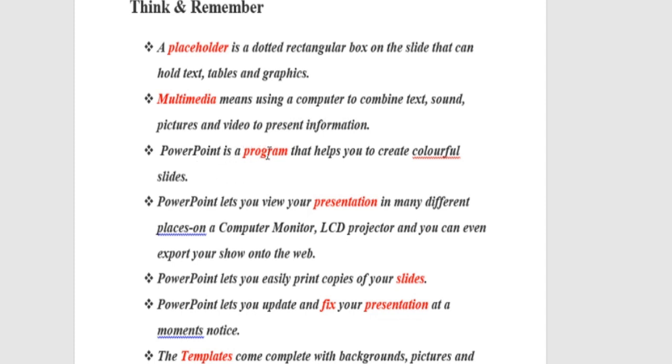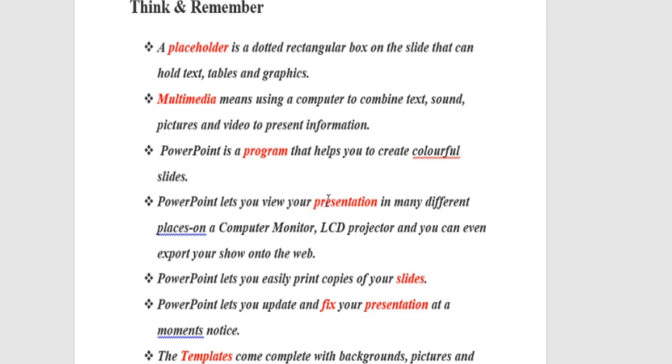PowerPoint is a program that helps you to create colorful slides. PowerPoint lets you view your presentation in many different places: on a computer, monitor, LCD projector, and you can even export your show onto the web.